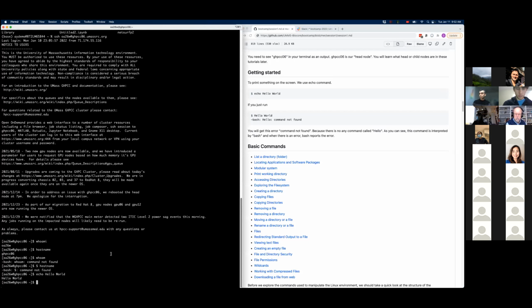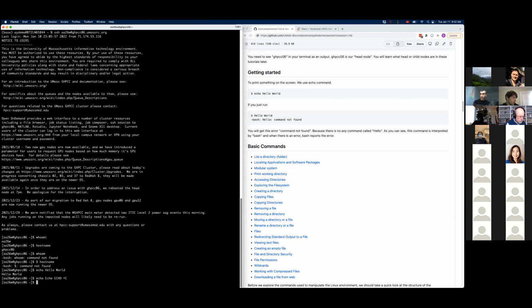The next thing I want to mention is that Linux is case sensitive. So echo and Echo are two different things.